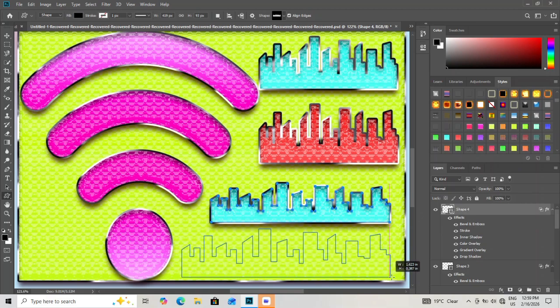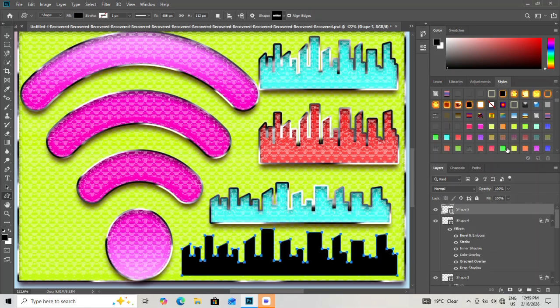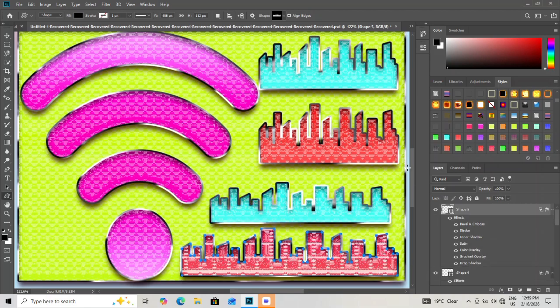Group layers to preserve organization and define the final composition as a pattern via Edit, Define Pattern. Test